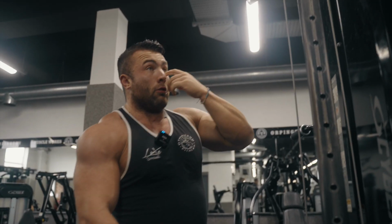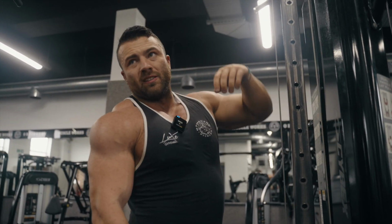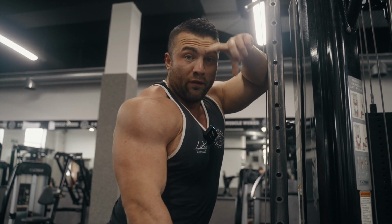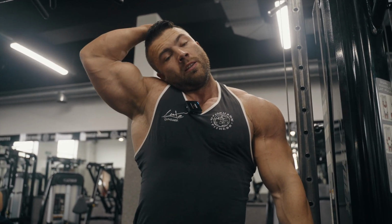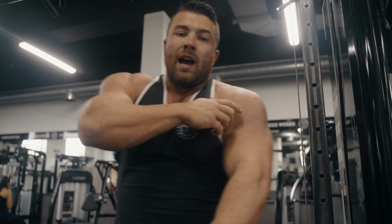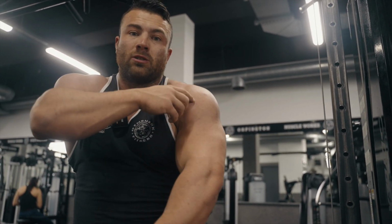If you're feeling your traps too much, my advice would be the day before you do the cuff raises, or even before the session, stretch your traps. Hold on to something down low, pull down and hold on to that. Stretch your traps out, and maybe what I had yesterday, I had some acupuncture on my side delts to get